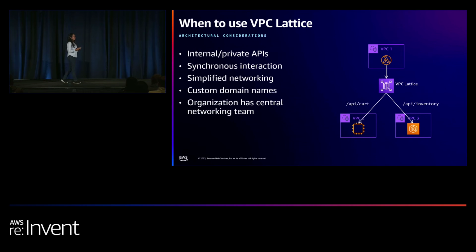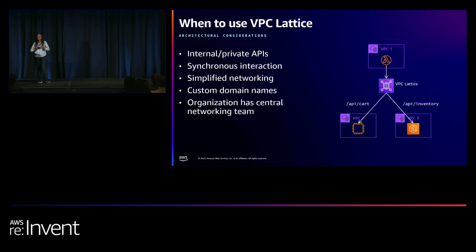So let's summarize when you should consider VPC Lattice. Lattice works well for building private APIs and synchronous access patterns. It simplifies networking between VPCs. However, the role of your networking team evolves a little bit in the Lattice world because they are now responsible